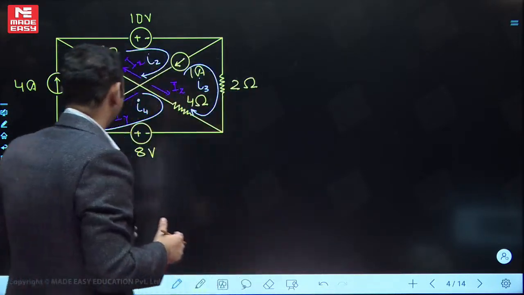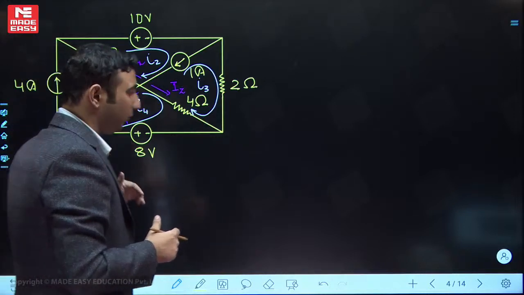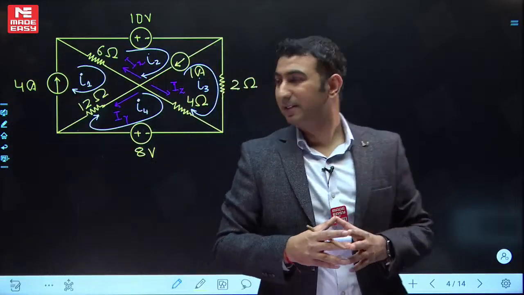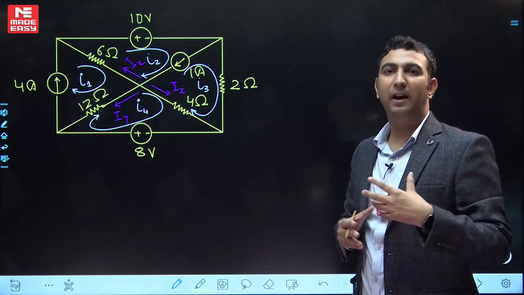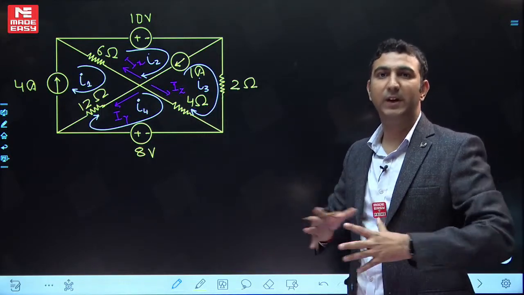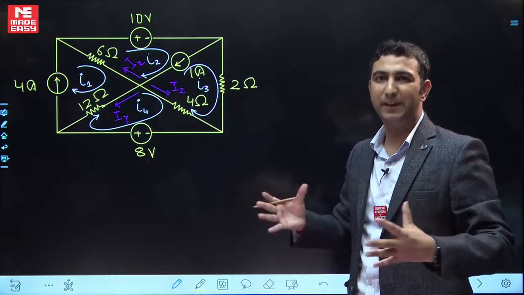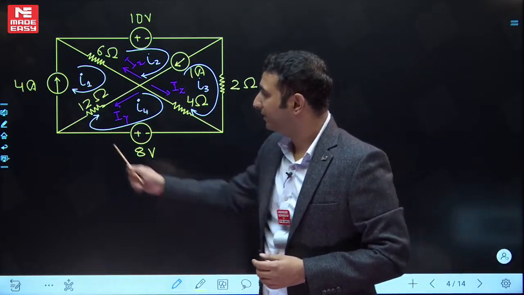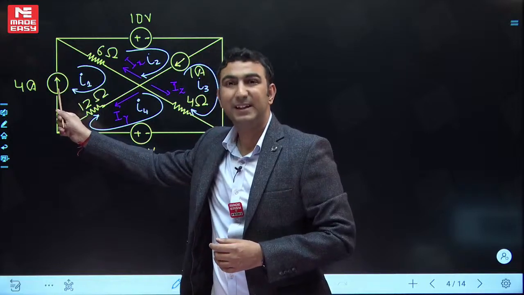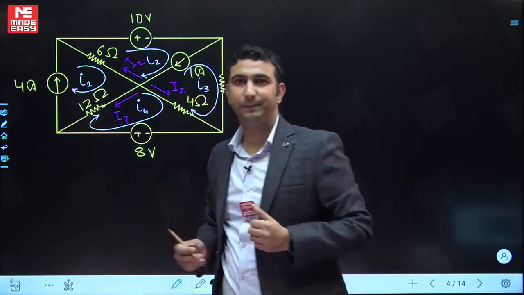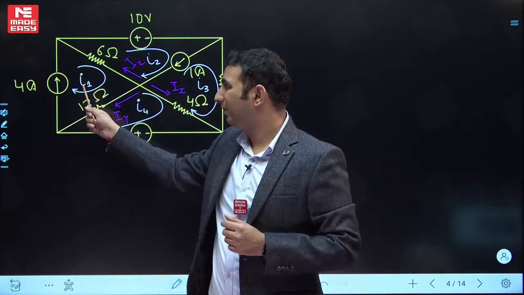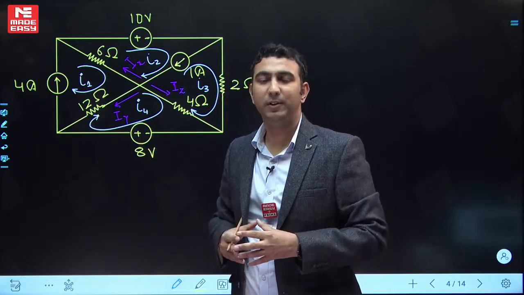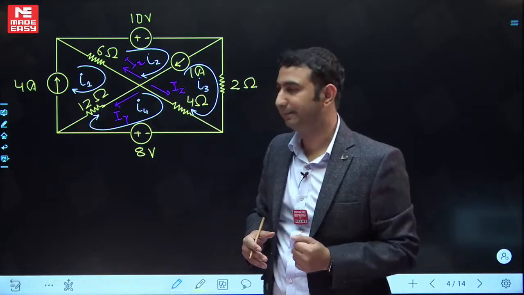Now let's solve this question by developing the mesh equations. If you notice, do we have model 2 and model 3 of mesh? Again, I have tried to pick that question in which we can have all the models. If you notice, this current source is connected in a separate mesh. When a current source is connected in a separate mesh, we can directly write the current of that mesh. There is no need to develop the equation, so one equation gets reduced.